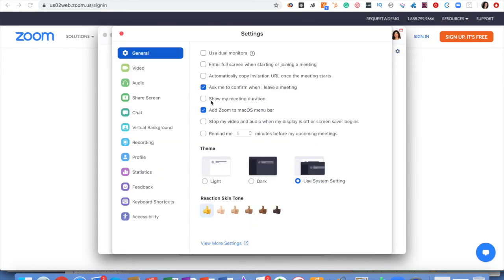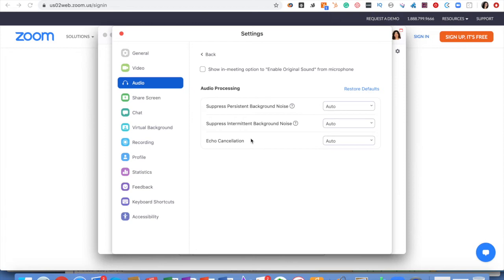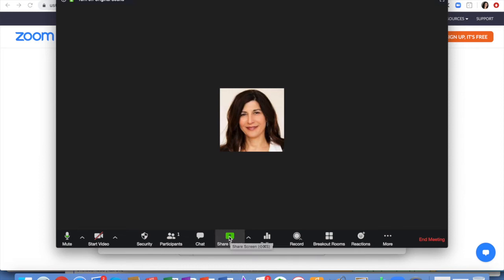So you're going to go into your settings and go to audio, and then go to advanced. And then you see here that you can show in-meeting option to enable original sound from the microphone. So when you go into Zoom, when you share your screen,